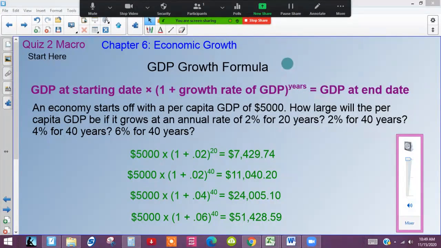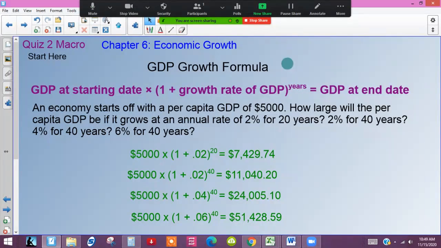Hi guys. In this video, we're going to go over problems very similar to the ones you're going to see on quiz 2, which covers chapters 6, 7, 8, 9, and 10. So we're going to start with chapter 6, economic growth, and look at a problem that requires you to use